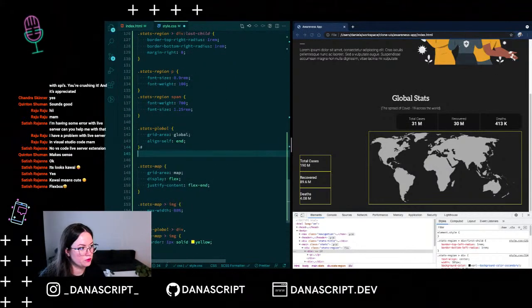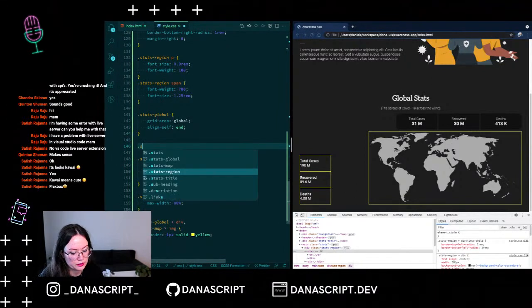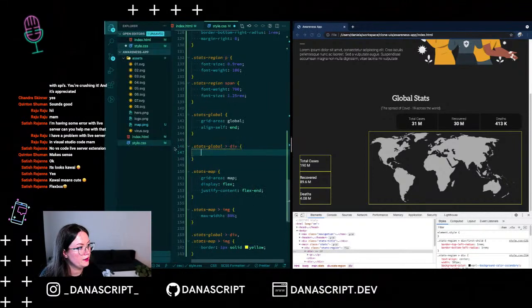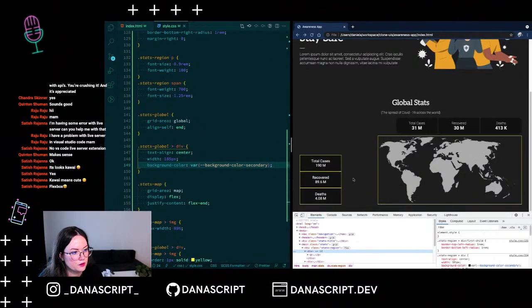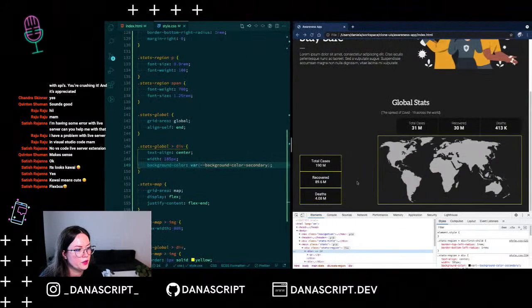So again, we write stats, stats global and the div, and what am I doing here? Text align center, width 185 pixels, and background color of the 10-10-10. I think this one is bigger. The height of it is bigger for sure. So we could specify